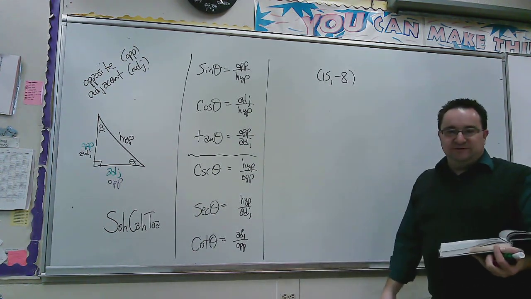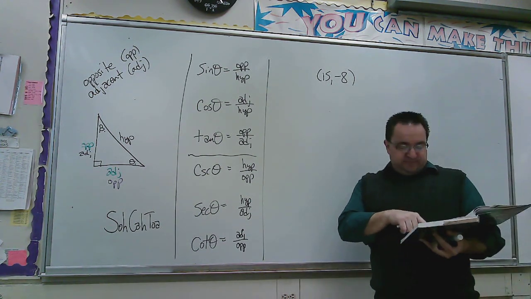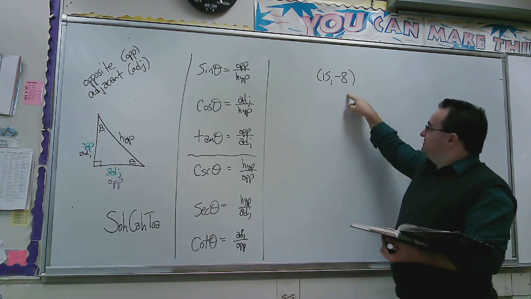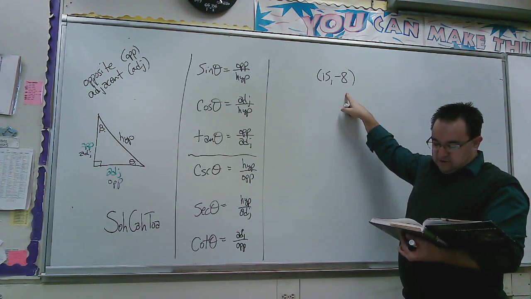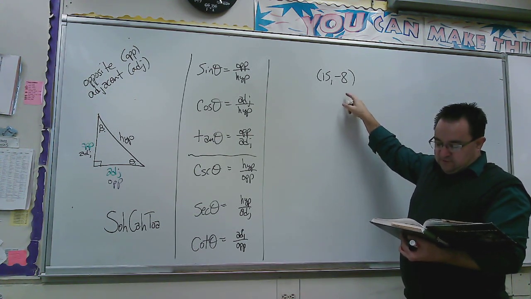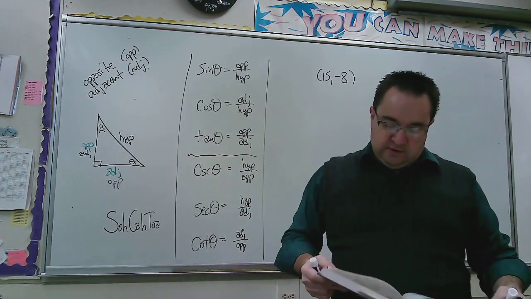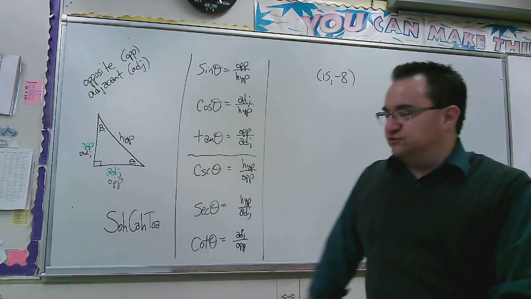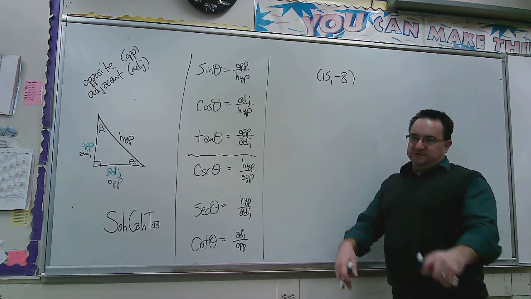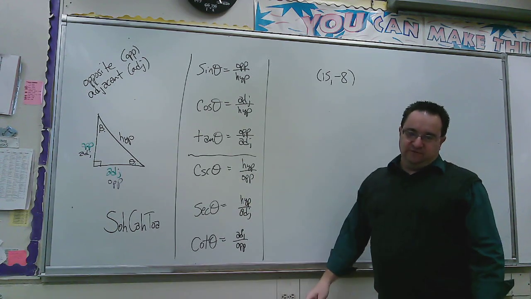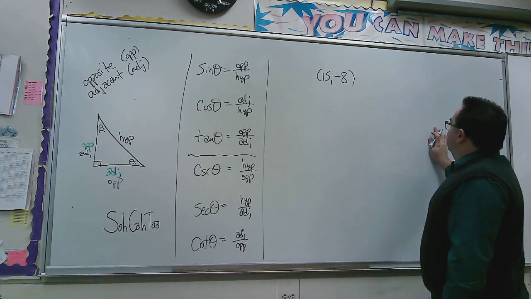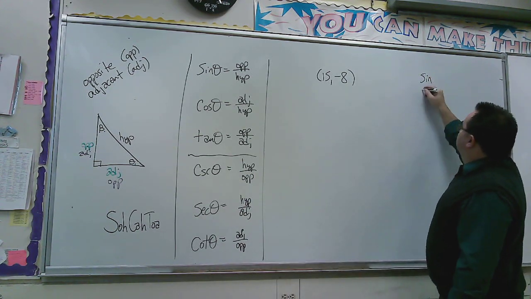And you know, nobody reads directions, so there's a whole bunch of directions above it. And basically, it says, sketch the angle in standard position. And you got to find all 6 trig functions. So you'll see when you read the instructions, but it gives you a point, and I want you to find all 6 trig functions from it: sine,